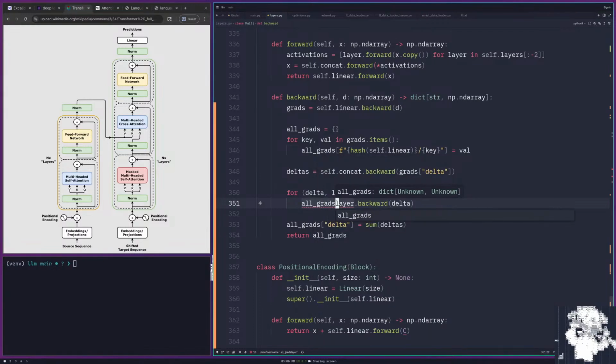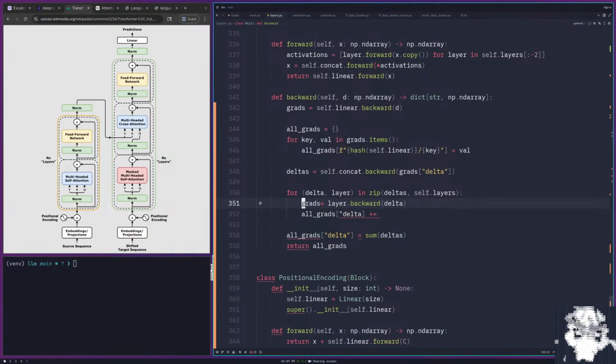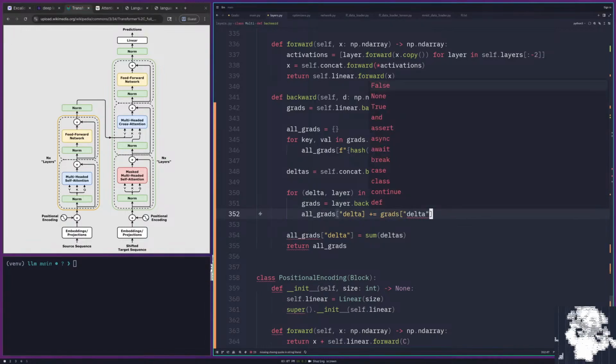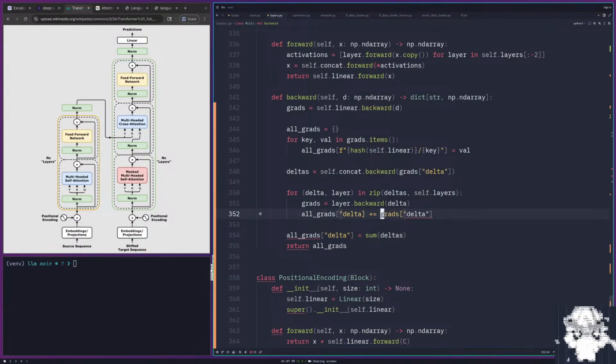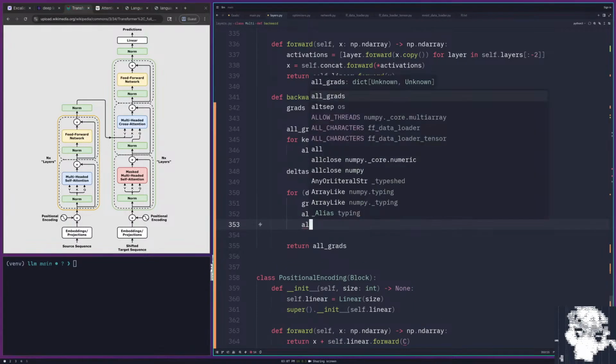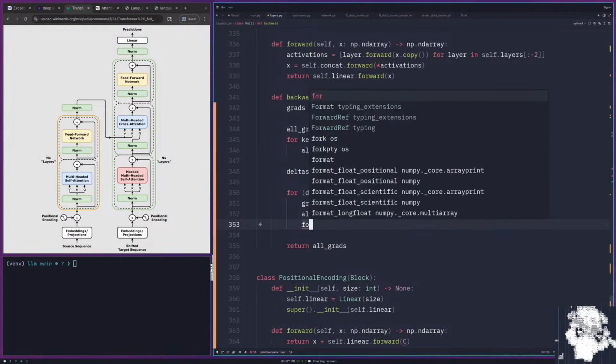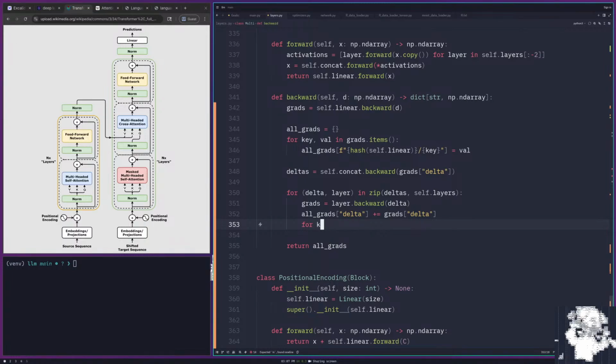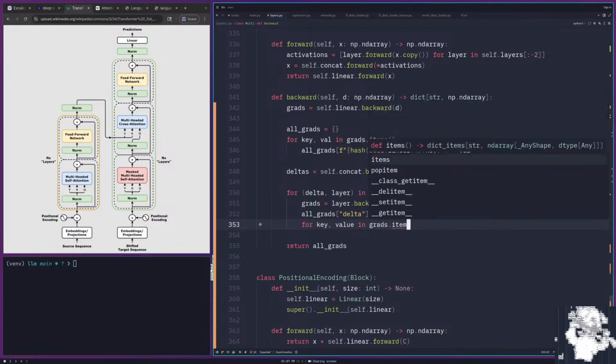All grads of delta plus equals, here, grads equals this. And then for key, value in grads.items,